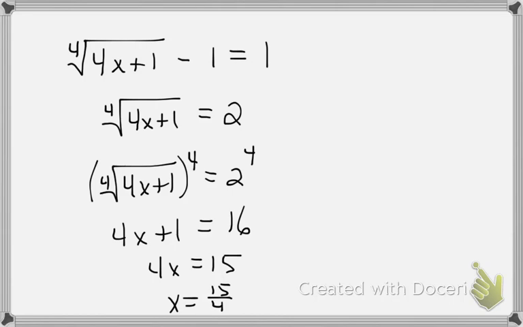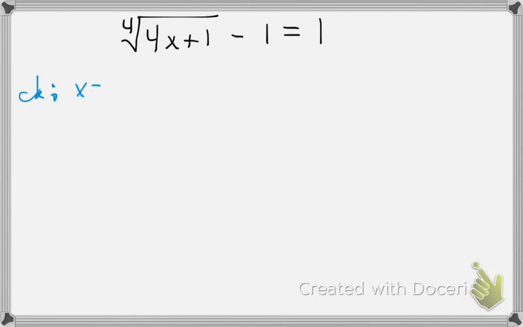Except, check the body. It may look messy, but just because it looks messy doesn't mean it's dead yet. So we're going to check. x equals 15 over 4. And I know that you're like hyperventilating, your palms are sweating now because you see this big bad fraction. It's not going to be bad because when I plug in,